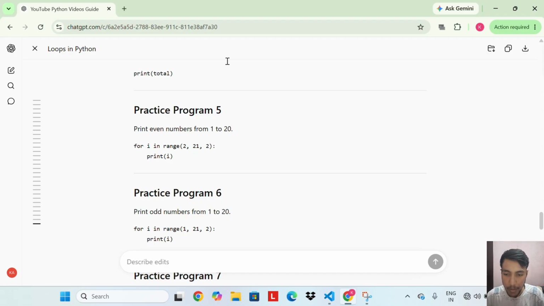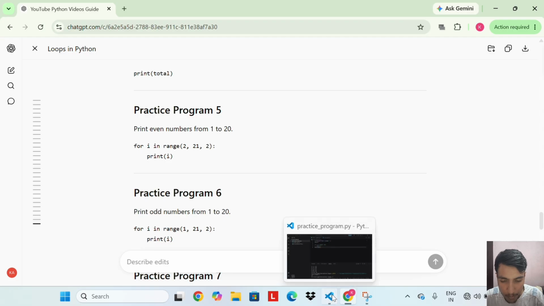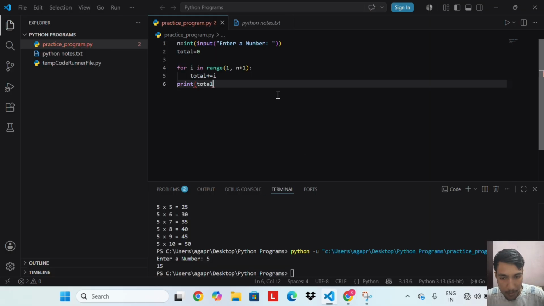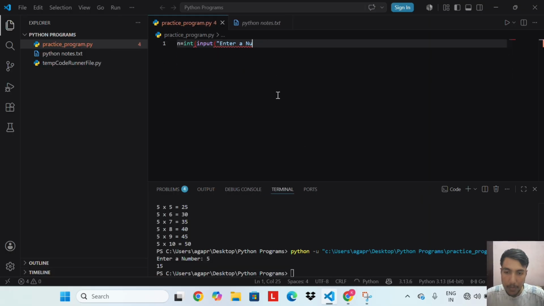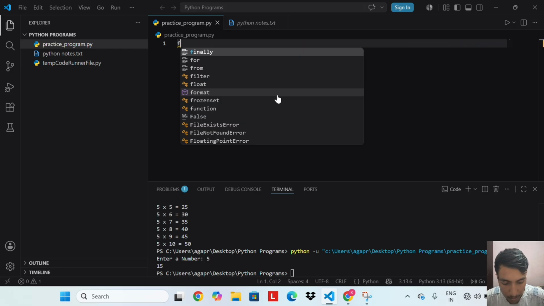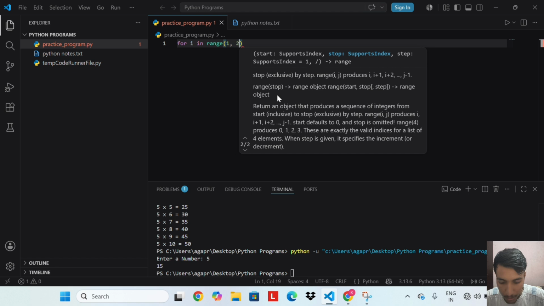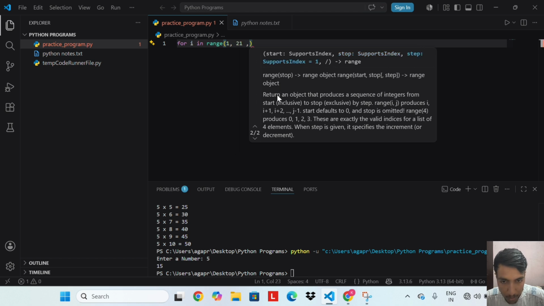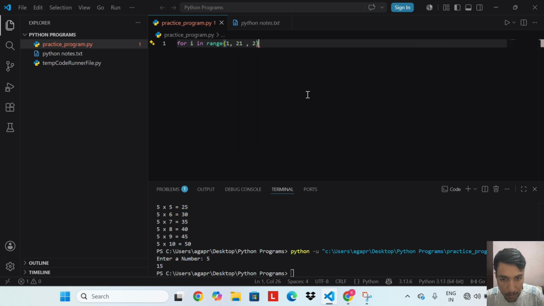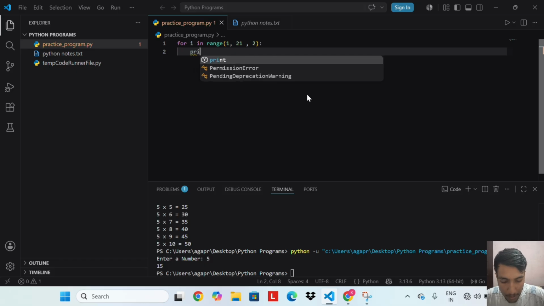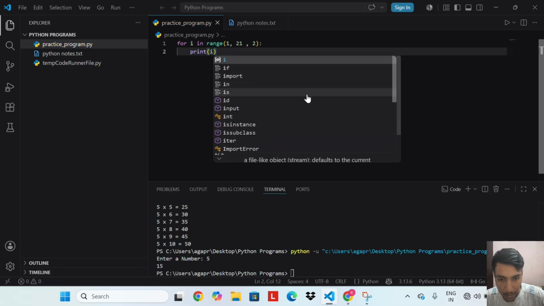Practice program 5. Print even numbers from 1 to 20. So let's do this. For i in range(1, 21, 2): print(i).